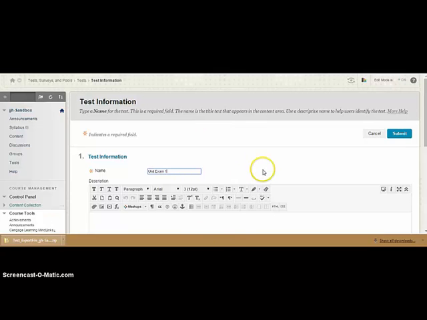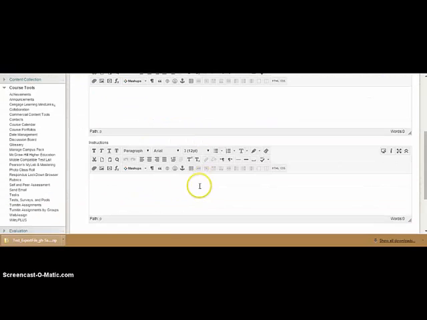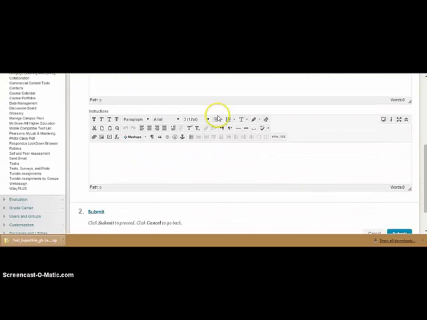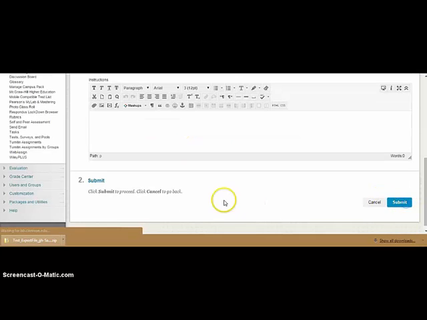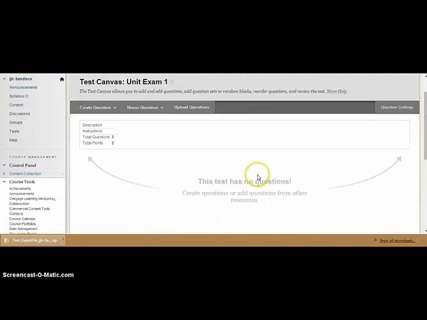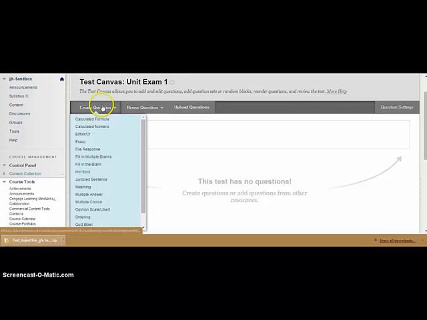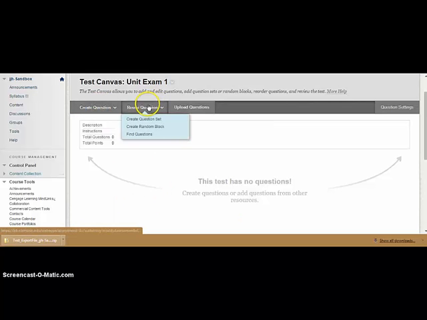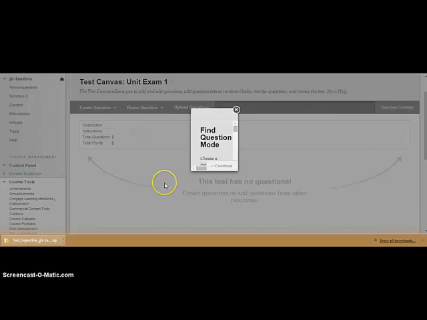And this process, until we get to the test canvas, is exactly the same as creating a test was in video 1. We have our description box and our instruction box with the full text editor. Click Submit. And here we are at our test canvas for Unit Exam 1. So we don't have any questions. We can create questions, but we can also reuse questions, and we're going to use the reuse find question function,